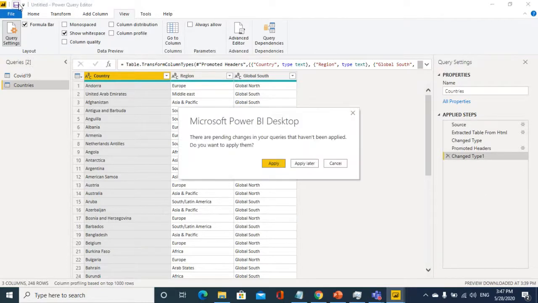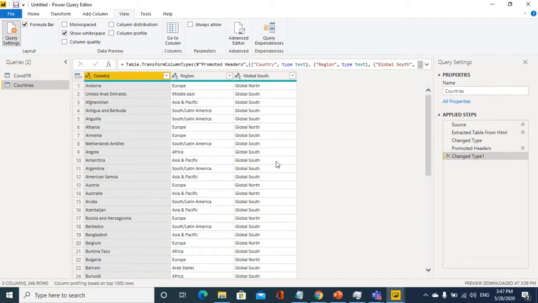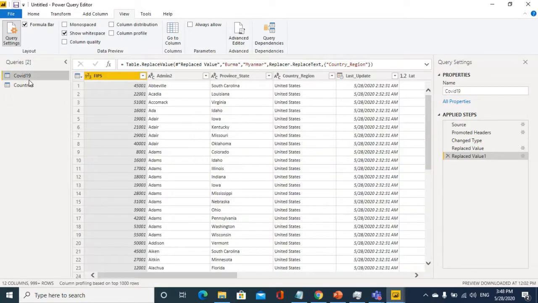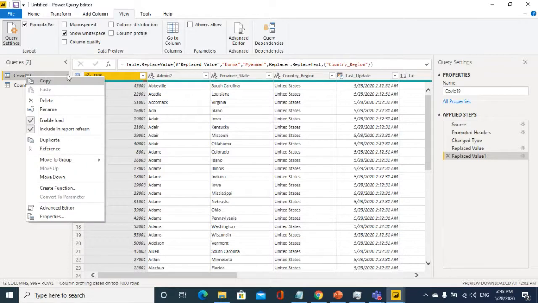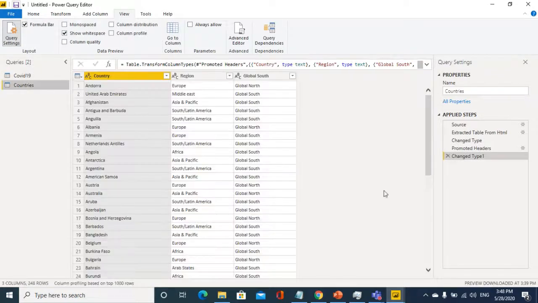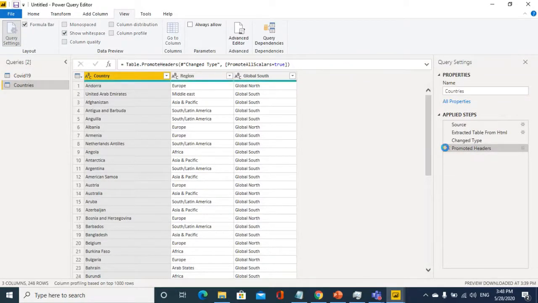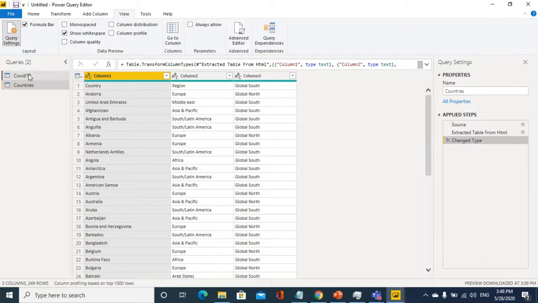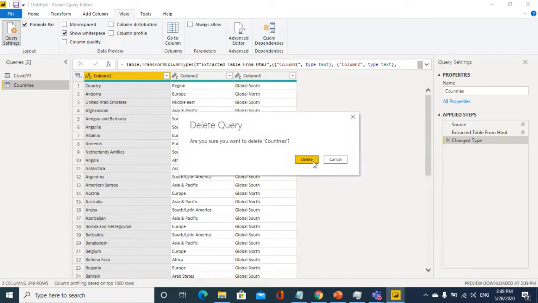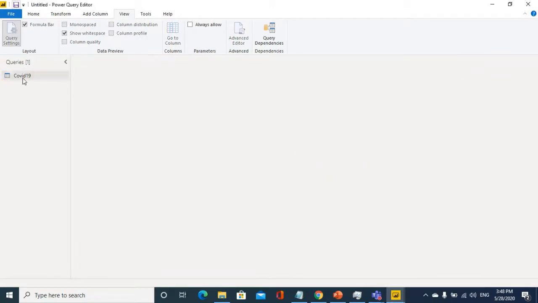Let's save now. There is still an issue. Let me delete this dataset and we'll import it once again.